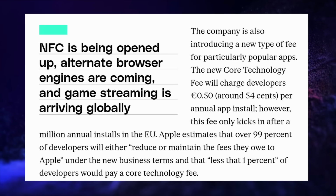Which is the first problem. It's bonkers that Apple would take a commission for an application that doesn't use their payment system. Developers are already paying to be on the App Store through the Apple Developer Annual Fee. Apple will also add an additional fee for popular apps. Once you pass 1 million annual installs in the EU, Apple will charge 50 cents per install, which obviously is